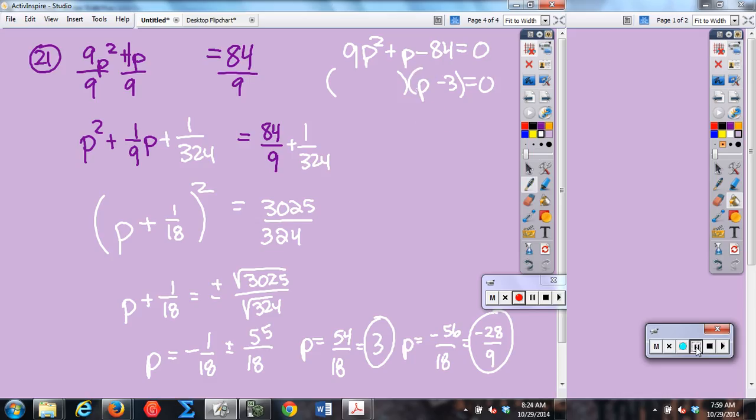So what does that one have to be right there? 9. I can kind of see it from here too. These two have to multiply to 84. I see a 28. I put plus 28. Then you get these answers: p equals negative 28 over 9 and p equals 3. So if your question is just to factor this and you're having a hard time factoring it, you can always go down, solve it with the quadratic formula, and then go back and say, oh yep, I factored it. Even though really you did it. You did, but you did it according to